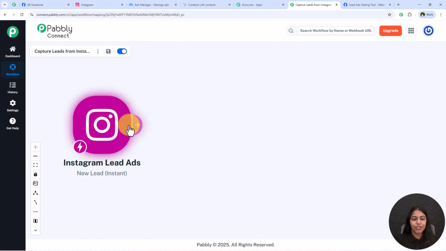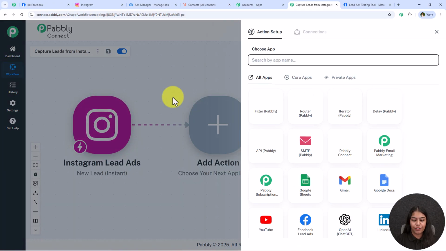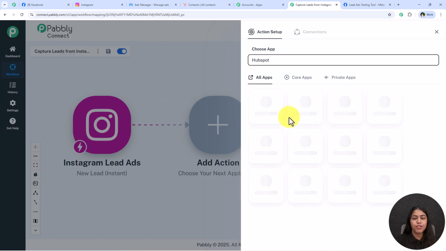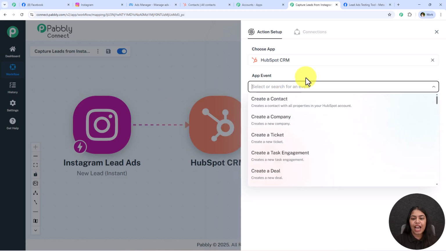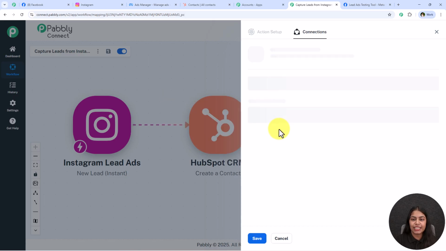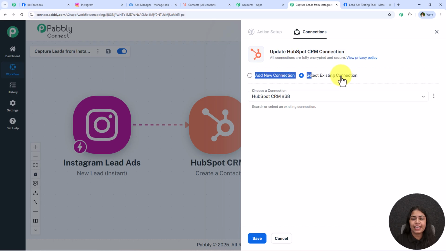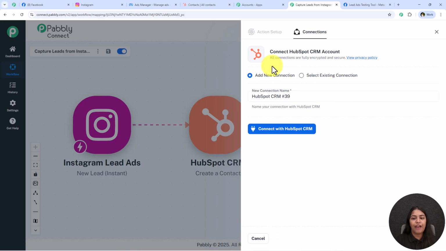So to do this, I'm going to click on this add new action step, and now for the action application, I'm going to simply search for HubSpot CRM. For the action event, we have to select create a contact and click on this connect. Again, it is asking me for the same. If you have already created a connection between HubSpot and Pabbly Connect, go towards the select existing connection and then save. But if you haven't, you have to follow me once again, click on add a new connection and then